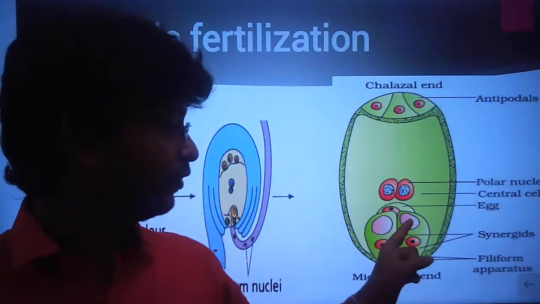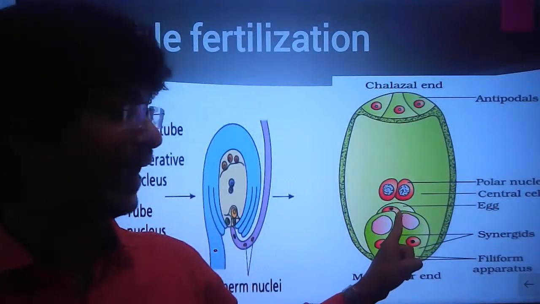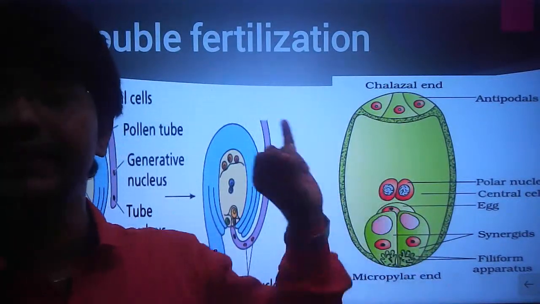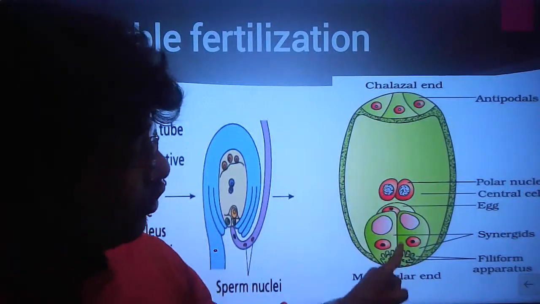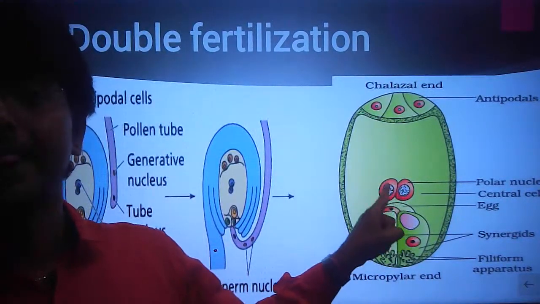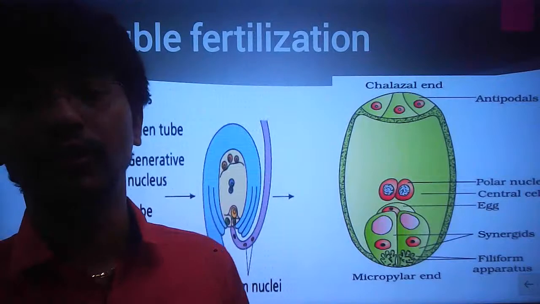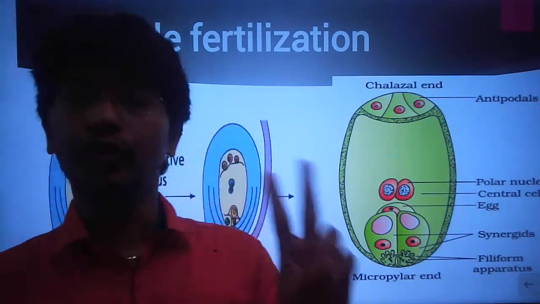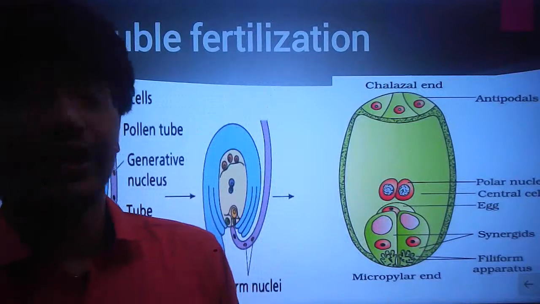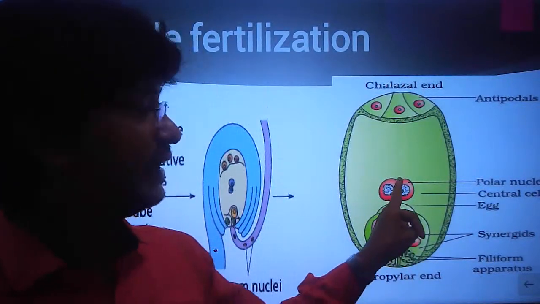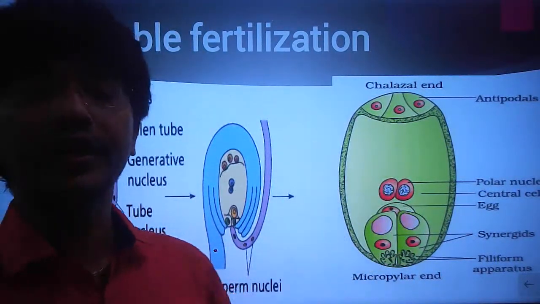One fertilization is with one male gamete which fused with the egg cell. This formed the zygote. This is fertilization 1. Second fertilization, another male gamete which went through and again fused with the polar nuclei, and this formed the endosperm. So in the same embryo sac, 2 fertilizations took place, so we call it double fertilization. So this is zygote formation, this is the endosperm formation, and I already told you